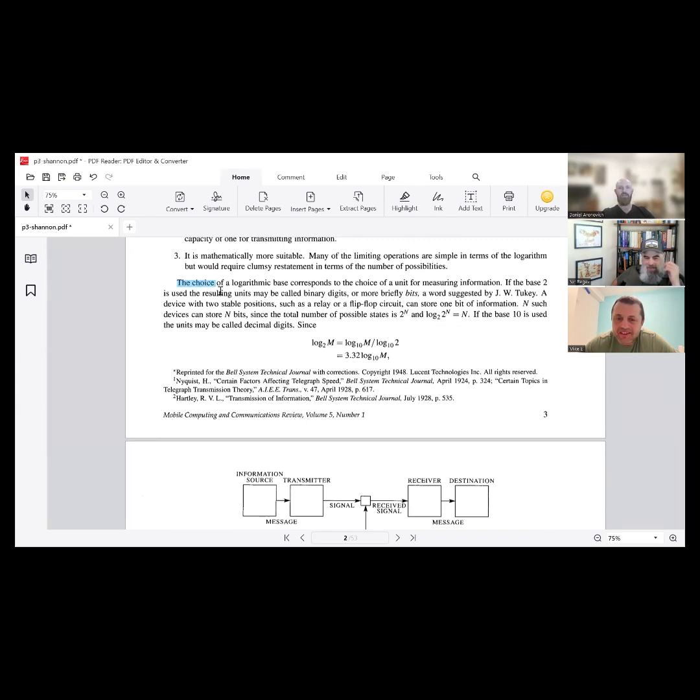Okay, here he says that we can choose a different base for the logarithm, right? So we have infinite degrees of freedom. Which base are we going to choose? He says if it's base 2, so it's binary, and the measure becomes bits, and it was suggested by Tukey. Then he says if the base is 10, they're called decimal digits. And nats, if the base is the natural